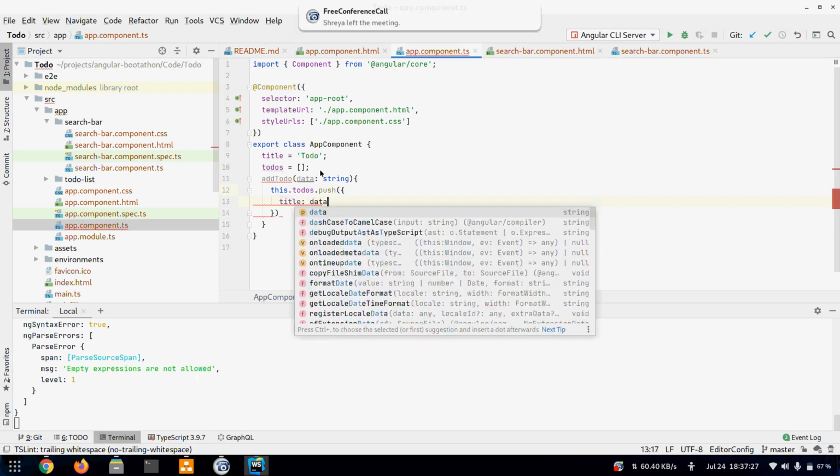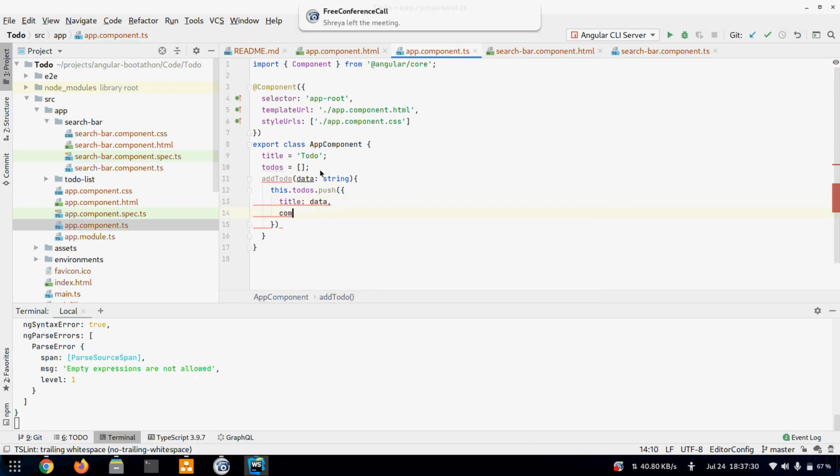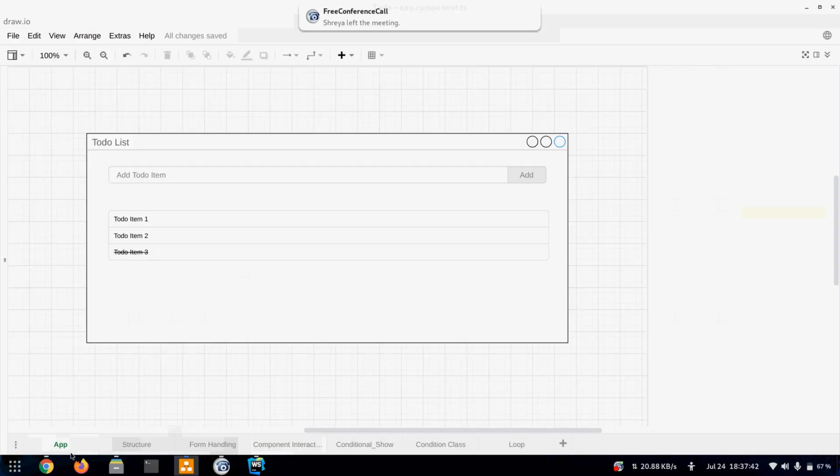I say title is data, completed is false. We are adding this completed property here because we have to show that this thing, we have to strike through this, so it will help later on in identifying whether it's completed or not,